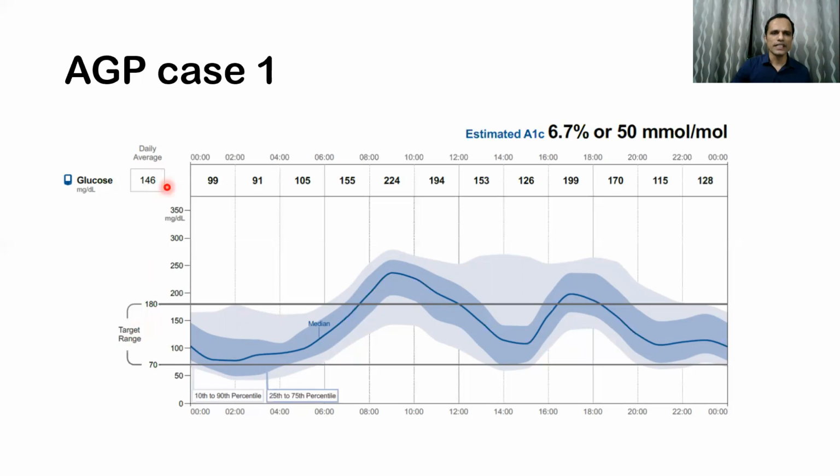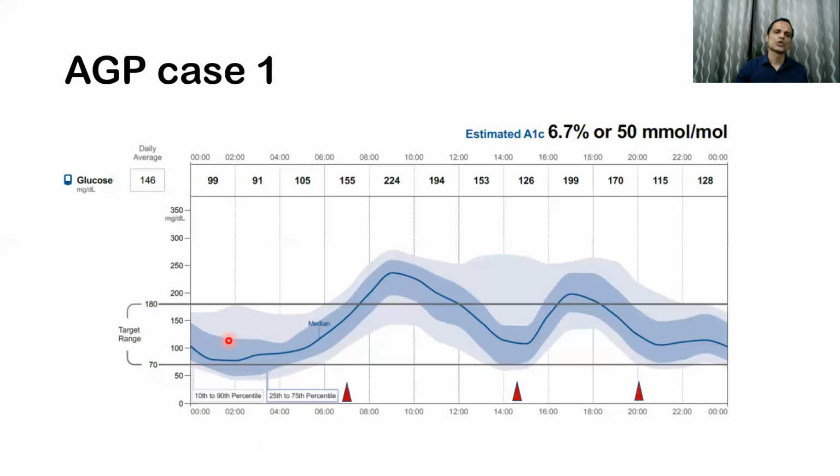The report also shows the daily average blood glucose value, and 2-hourly averages are displayed. So for those who like numbers more than the figures, we can see the 2-hourly averages in the top line. On this report, we should mark the meal timings. Here are the breakfast, lunch, and dinner timings, and also make any markings with respect to any other comments that we want to make. What I do is I visually break this curve into multiple portions, like overnight, pre-meal, and 2 to 4 hours post-meal. So this is how you can imagine, or try and analyze what is happening in these particular